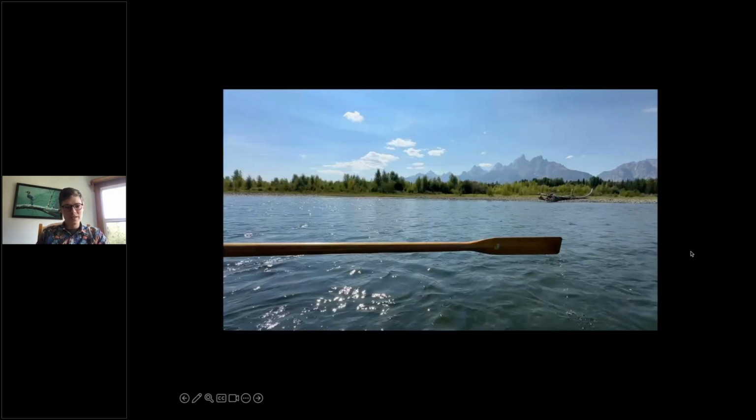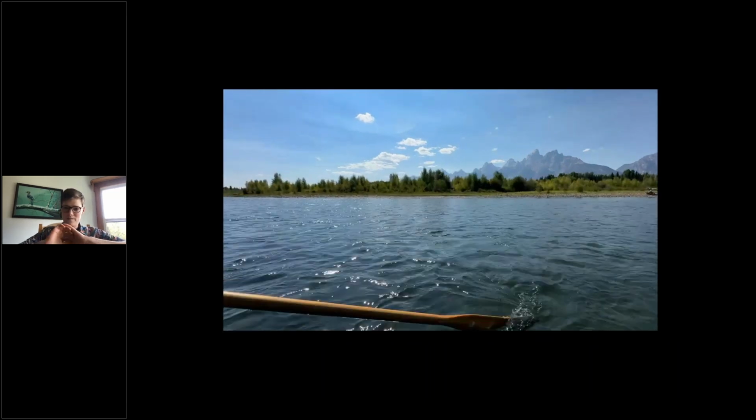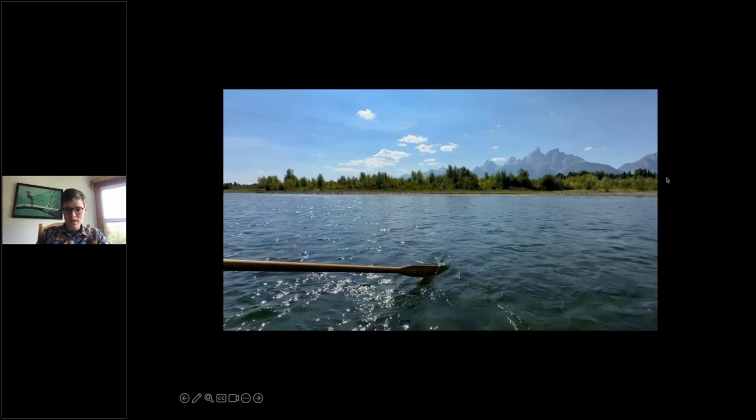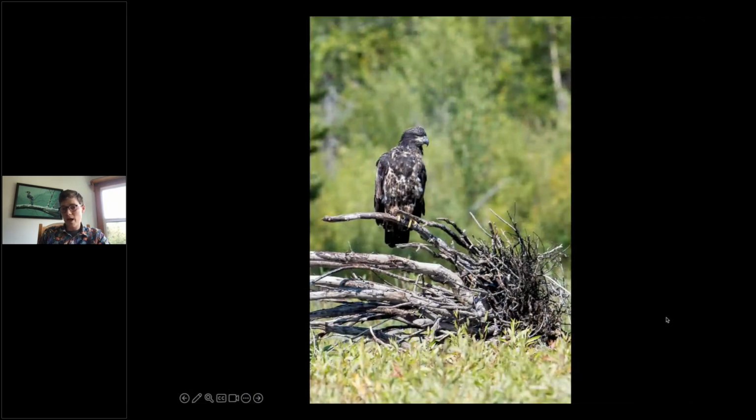So here you're getting a few more of those shots of the whole way down. You're taking a look at those incredible mountains that were formed 13 million years ago. As you go down the river, there's a lot of opportunities for viewing wildlife. This here is a bald eagle that's a juvenile. And so juvenile bald eagles, all the way up until potentially as old as 5 years old, are going to have this mottled plumage, and they won't get that iconic